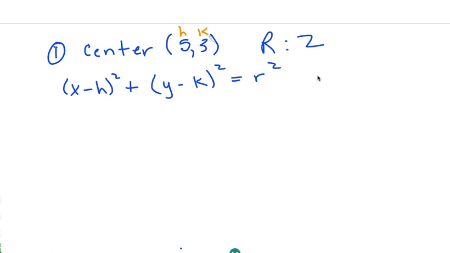So we're going to plug it in. (x - 5)^2 + (y - 3)^2 = 2